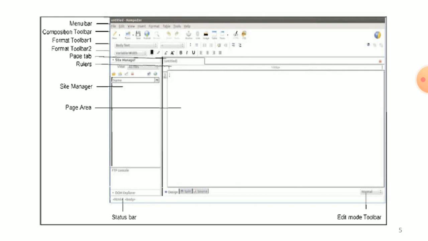The bottom right side of the window shows the edit mode toolbar with three viewing modes. First is normal, second HTML tag, and third is preview. All the three viewing modes provide editing facilities.